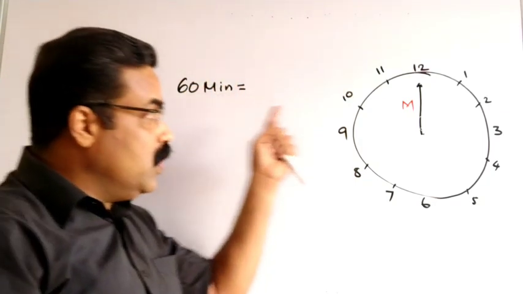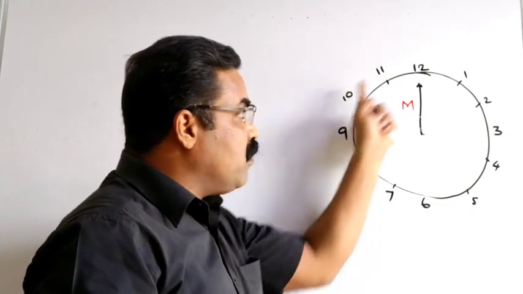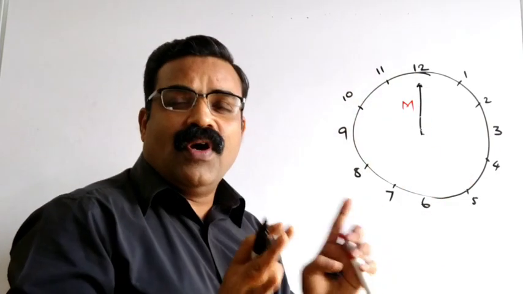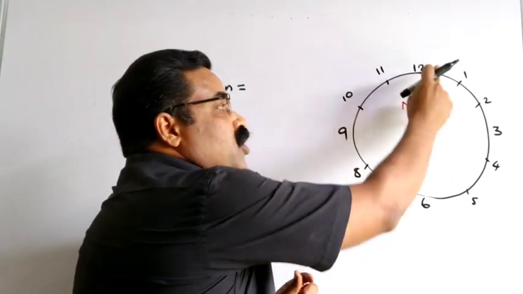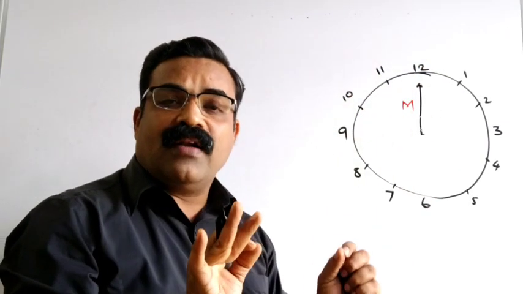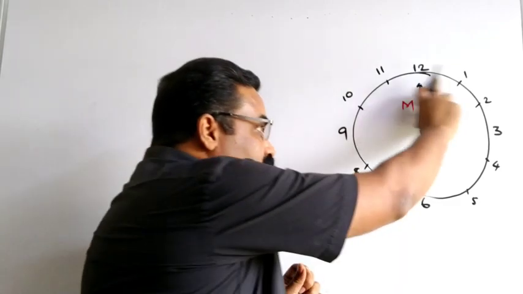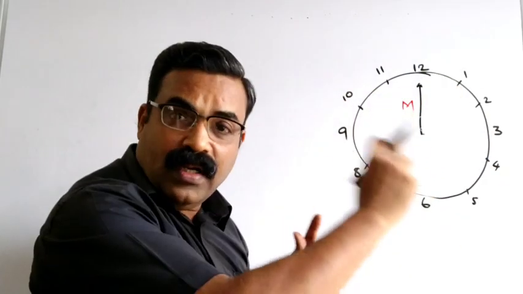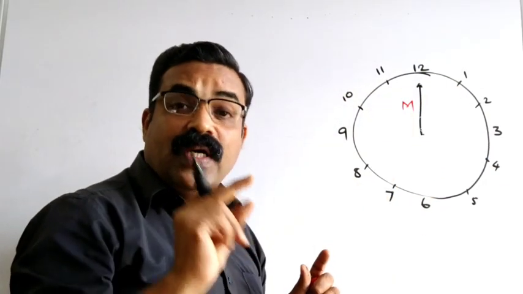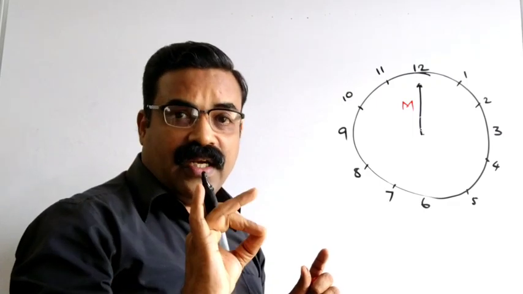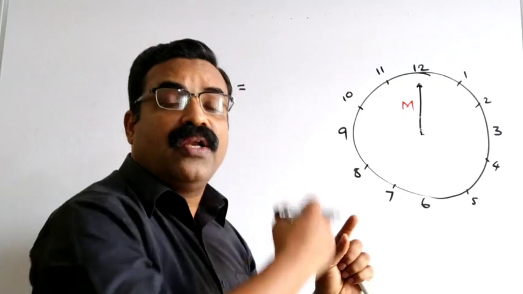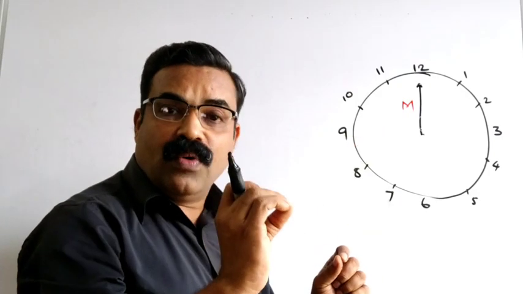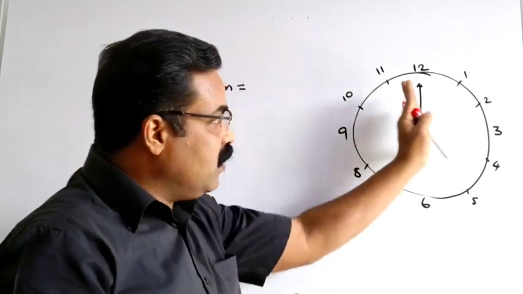is equal to, what is the angle measurement of this full rotation? We all know, we have studied in the basic classes that one complete rotation is equal to 360 degrees. But when this minute hand makes one complete rotation, it will be equal to 60 minutes. When the minute hand